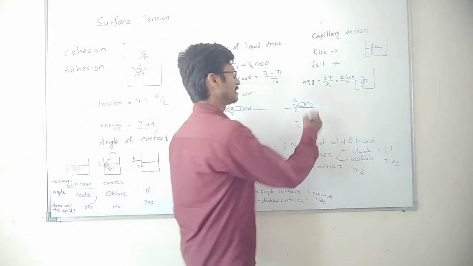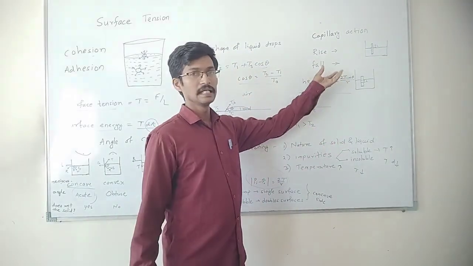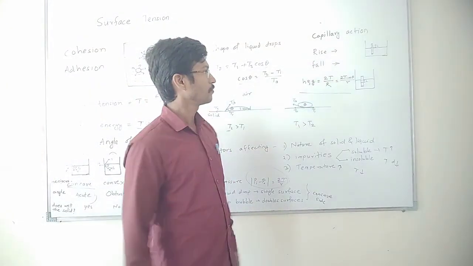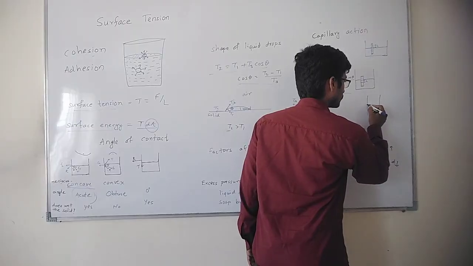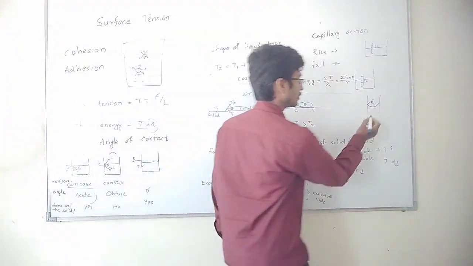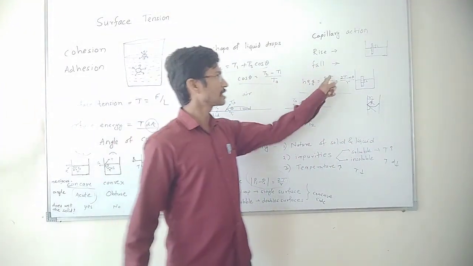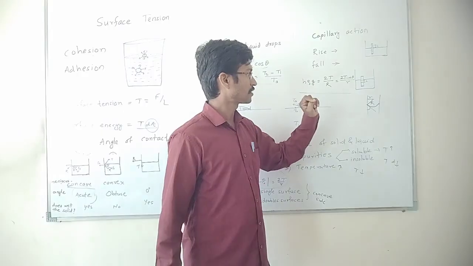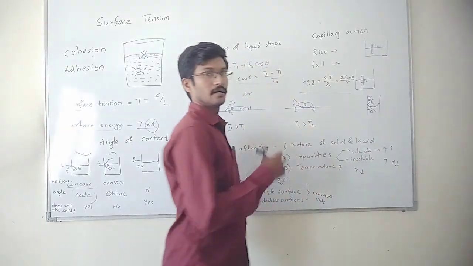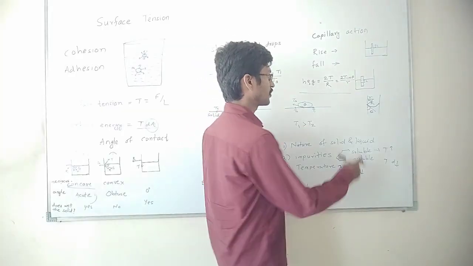The formula can be easily derived from the pressure difference. So h rho g is equal to 2T upon R, where T is the surface tension and R is the radius of curvature of that liquid at the point. Suppose this is the curvature of the liquid, so this will be R, and this is the angle theta. If the radius of the capillary is small r, then we can convert this into r and cos theta. From the geometry of this you can find the relation,